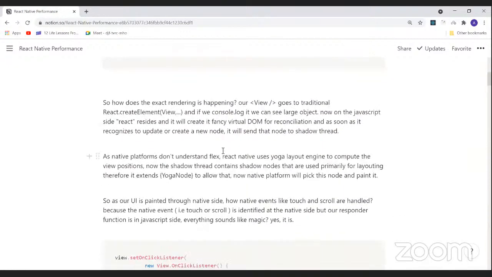So how exactly does the rendering happen? Our view goes through the traditional React.createElement, and if we console log it, we can see a large object. On the JavaScript side, React resides and creates its fancy virtual DOM. As soon as it knows that it needs to update or create a new node, it will send that node to the Shadow Thread.